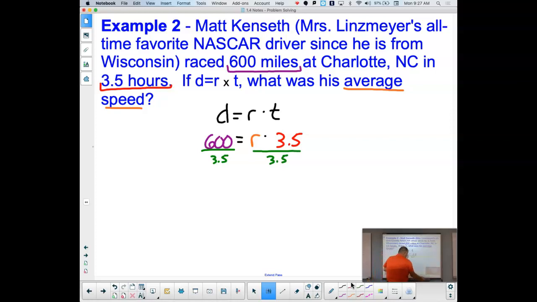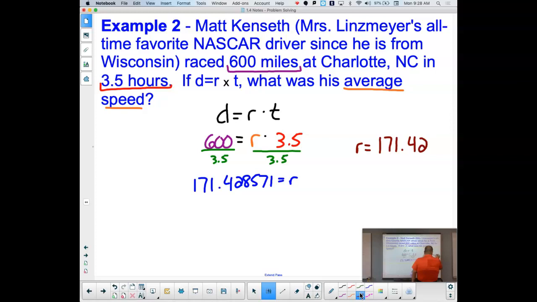Okay. And what I get is 171.428571. Okay. Which, all right, that's okay, because we're talking about the average speed of a race. So that again would be miles per hour. So I would say here that our rate would be 171.429